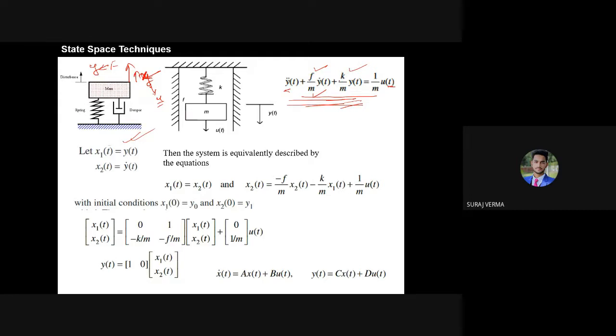Now we have assumed that x1(t) is nothing but y(t), and x2(t) is the differentiation of y(t), that is x1 dot (t). So the equation becomes, you can write x2(t) means y dot (t). आप इसको इस फॉर्म में लिख सकते हैं। तो इस तरीके से आप इक्वेशन को रिप्रेजेंट कर सकते हैं। You have already gone through this in modern control system, so I am not going into details of it.